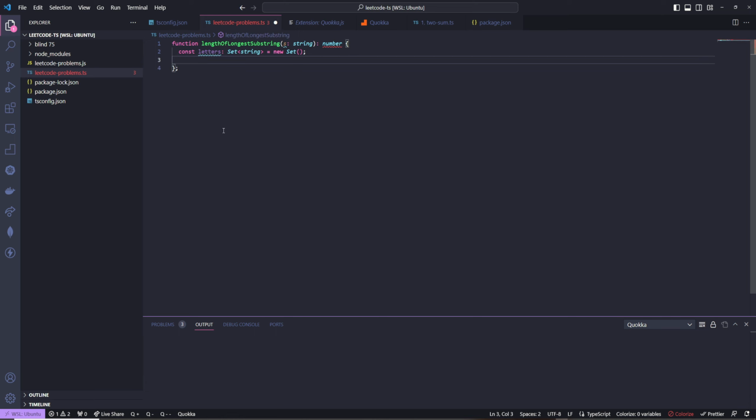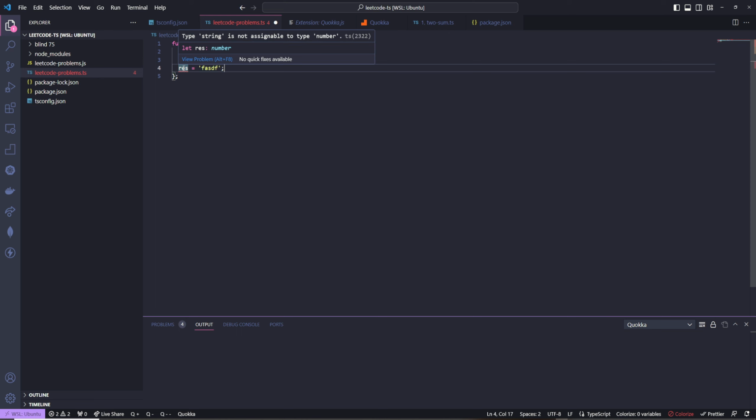Okay, now we're going to need two more things. We're going to need a left pointer, and we're going to need a result variable. So let's make those. Let's do result. The other nice thing we can do is, in two-sum, I was saying something like let result: number, but this is actually redundant in TypeScript, because if you make a variable and assign it a value, and then we try to do res equals something,